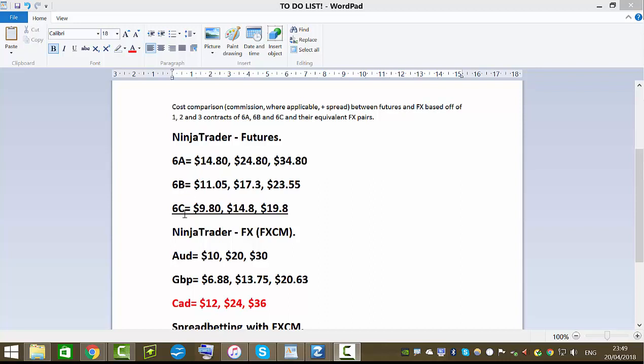Same with 6B, and with 6C it's a half tick, because if you've been trading futures for a while and you've been paying attention, you will know that about a year and a half ago or thereabouts, the Canadian dollar went from 1 tick increments to half tick increments. So why is this relevant? If I enter on the market and I exit on the market, then I pay commissions, but I also pay